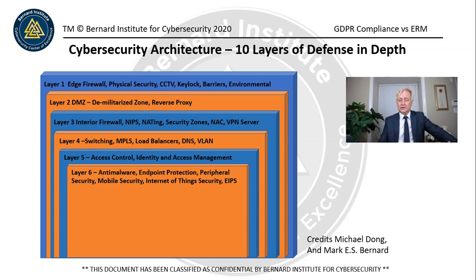Peripheral security includes a number of other devices. So we're talking about maybe some smart devices such as multi-function printers that do scanning, copying, and they have hard drives. They record information. A lot of them have access to the internet for maintenance purposes. So those devices also need to have some access control built into them.